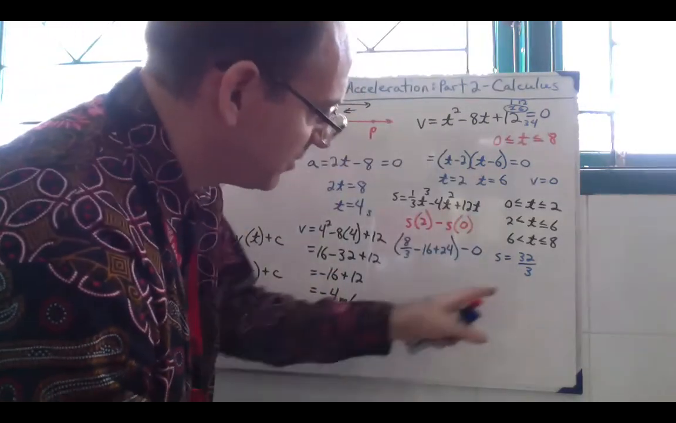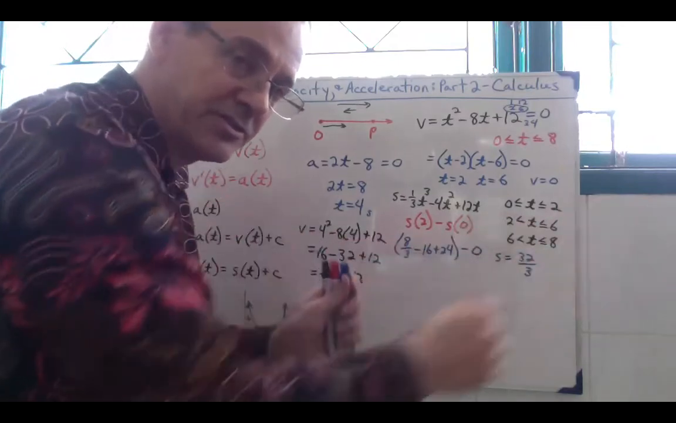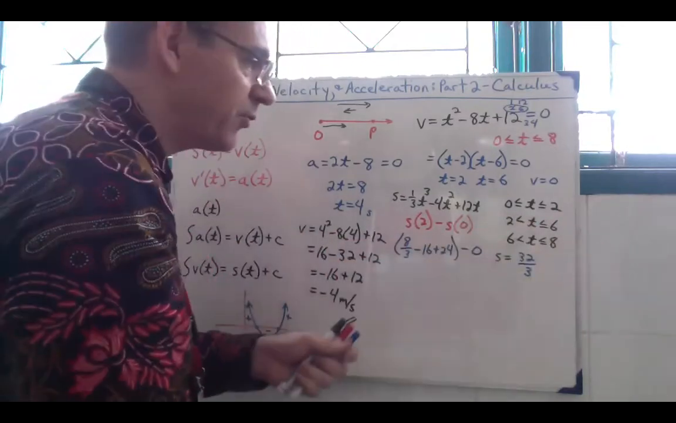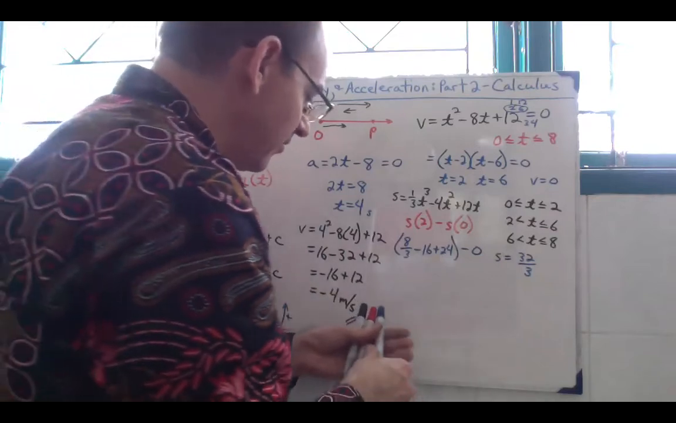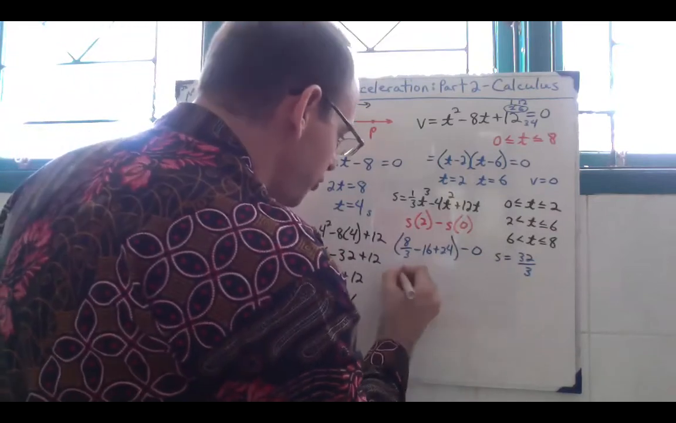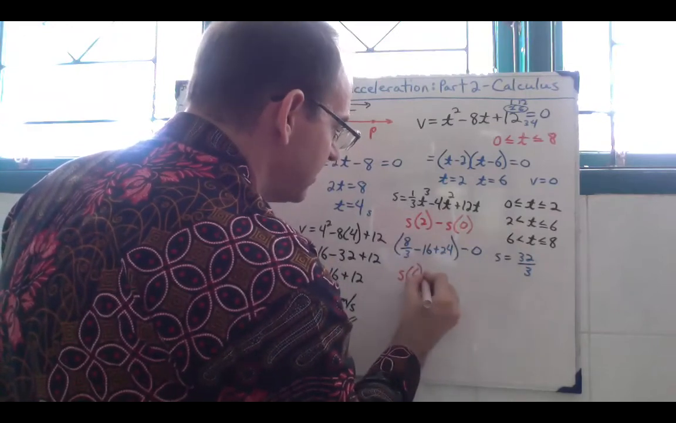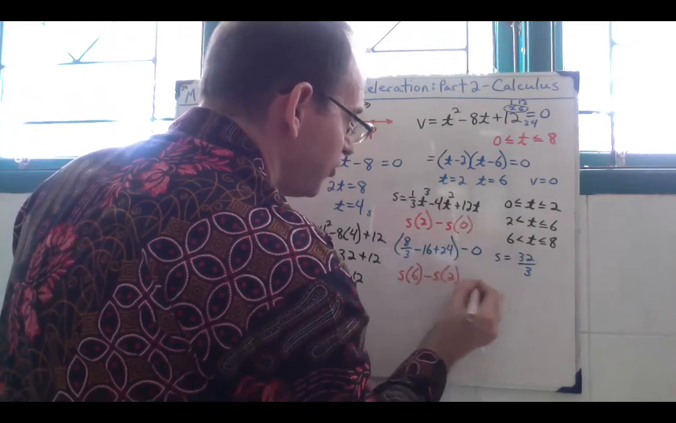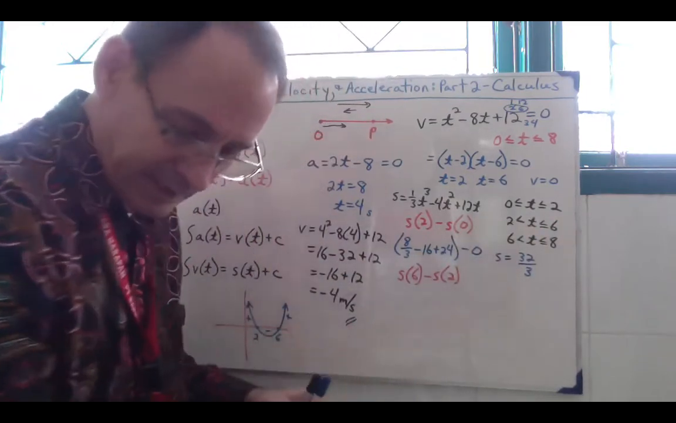So that's our displacement in the first 2 seconds. It goes 32/3 of a meter away from the origin, stops. Now it's going to turn around and go back. So now we're looking from 2 to 6. And we want to take 6 minus the 2, the further minus the closer. And so when we get this,